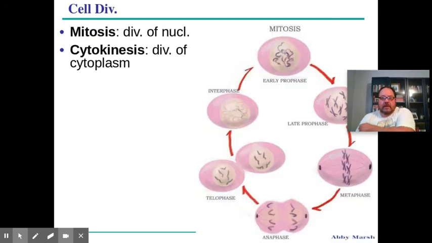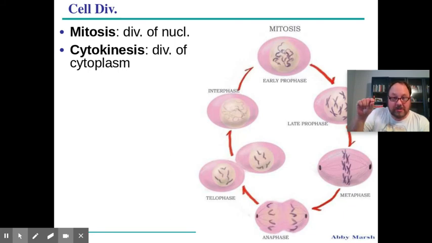All right, we'll end on this slide. We're going to look at differences between mitosis and cytokinesis. With cell division, you've got to be careful, like on a test. If they ask about cell division, mitosis, or cytokinesis, they could be referring to slightly different things. Cell division is literally one cell becoming 2.